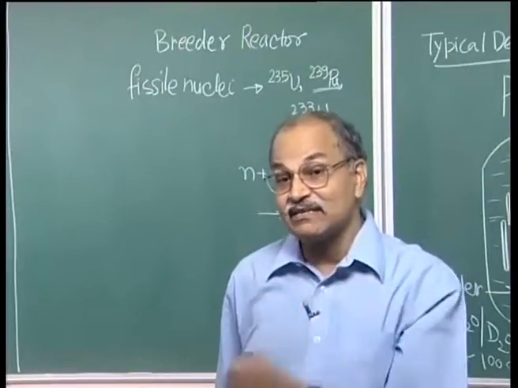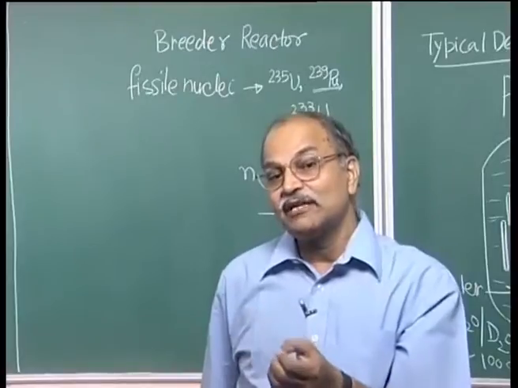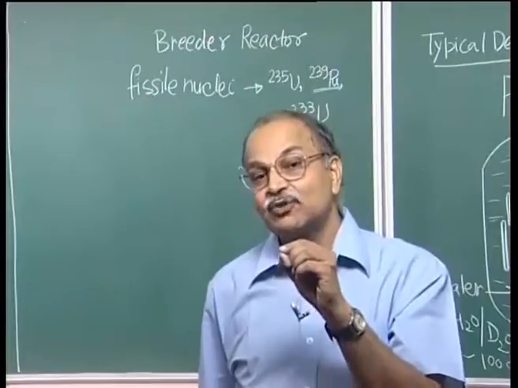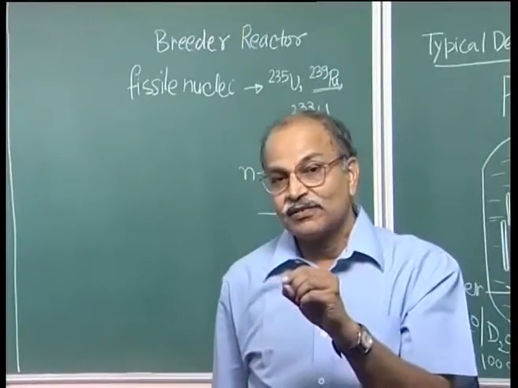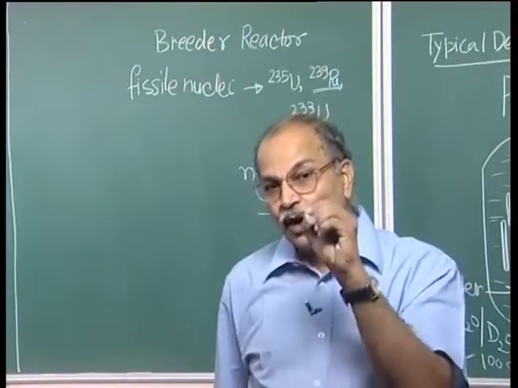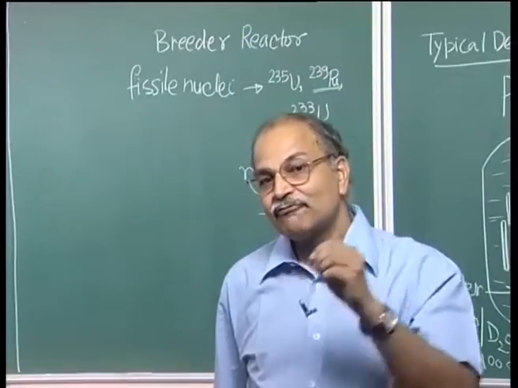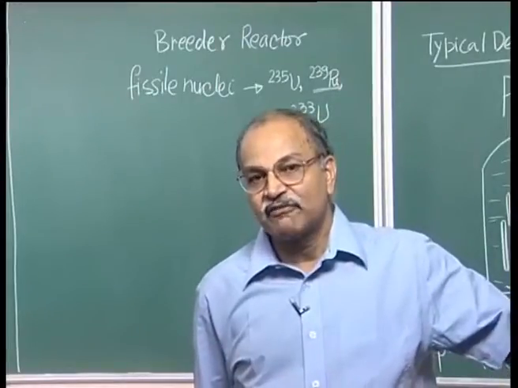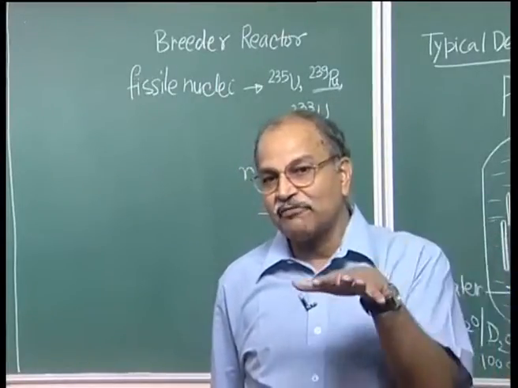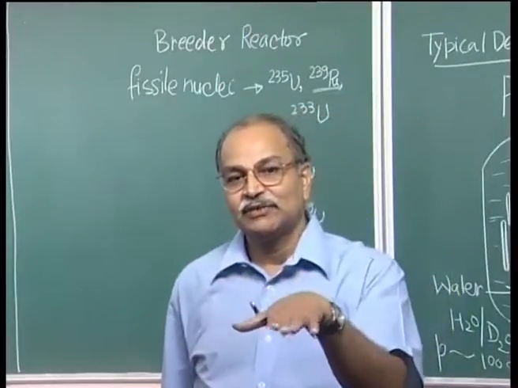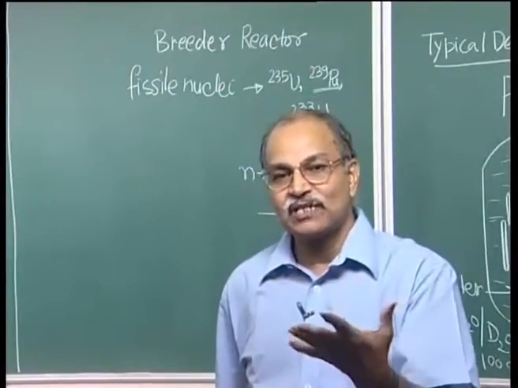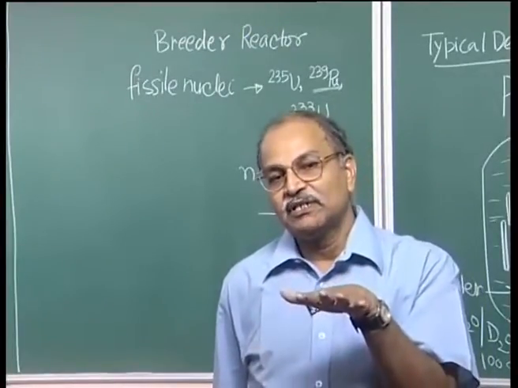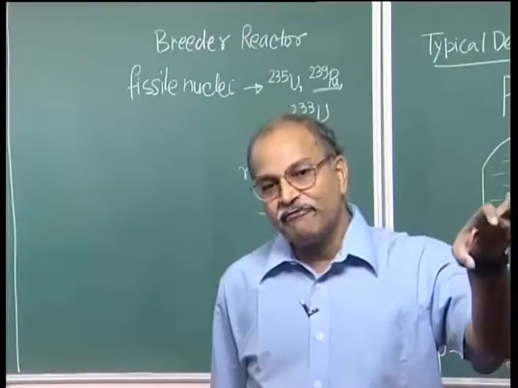If it can be designed so that out of that 1.5, one is directed towards uranium 238, then you are producing one fissile nucleus when you consume one fissile nucleus of uranium 235. Although with 2.5 neutrons it will be very difficult to do this,